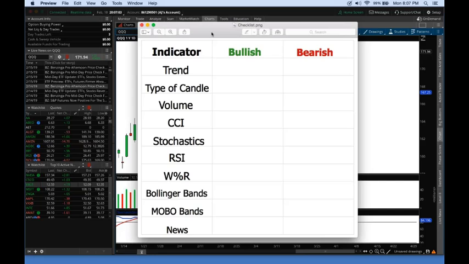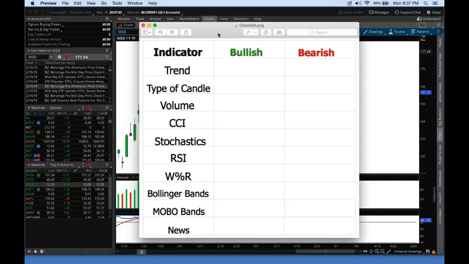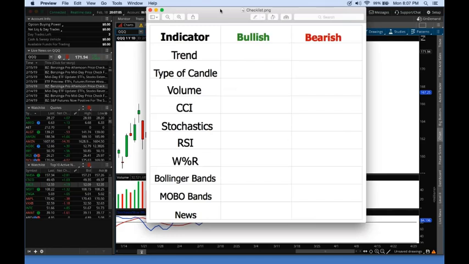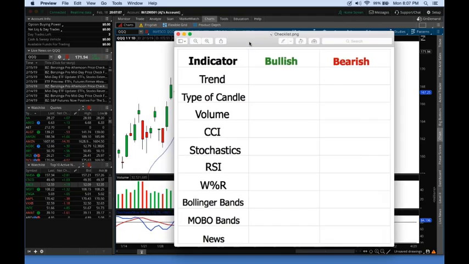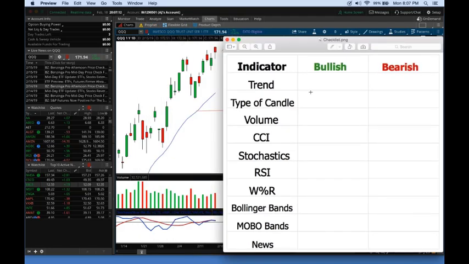And so what I did is I put this checklist together, and I'm not going to mark on this checklist because it's just a screenshot, so I won't be able to add notes on here, but I want to go through some of these indicators and trends, especially checking volume, the type of candle, and I'm going to focus on the top 3 in this checklist so you can see how this would be applied. So in other words, if you're looking for a stock,